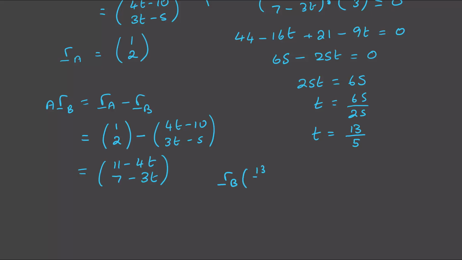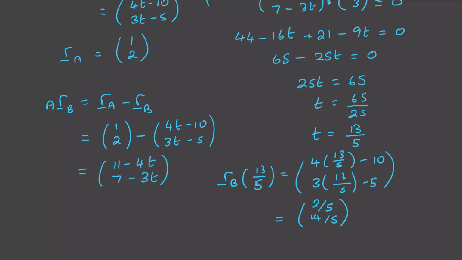RB at 13/5 is going to be (4 times 13/5 - 10, 3 times 13/5 - 5). Evaluating that gives us (2/5, 14/5). So we know the time, we know the position of B, and what we'd like to know is the actual distance. So we can use